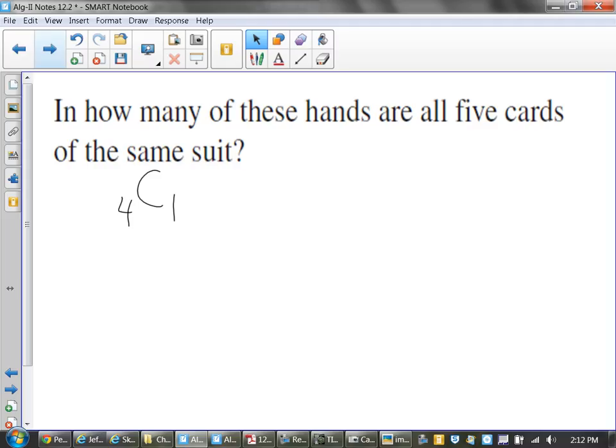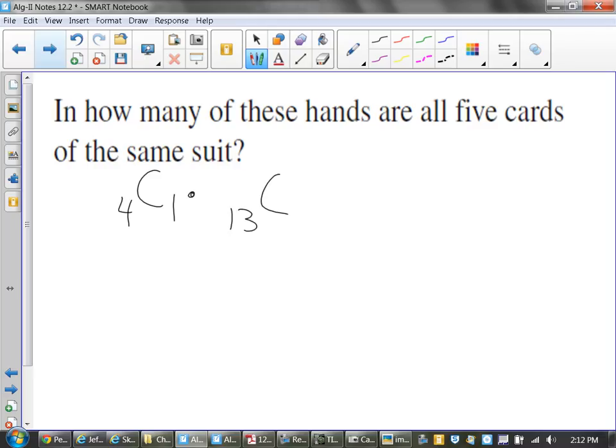2 card pickup. In this case, I've picked a suit, and I want to make sure that how many different ways is it possible for me to deal out and have all of the rest of them be the same suit. Well, of that suit, there's 13 cards, and I need to make sure that all 5 of them are the same. This is one of those compounding styles, and you have to start to mix some multiplication in. You're picking a suit, and you want all 5 of them to be of that same